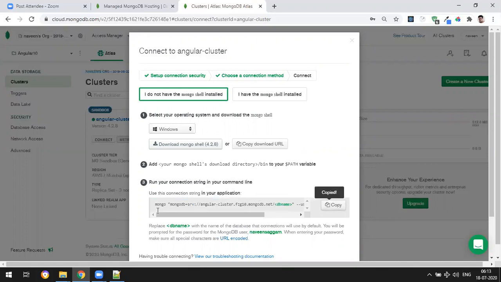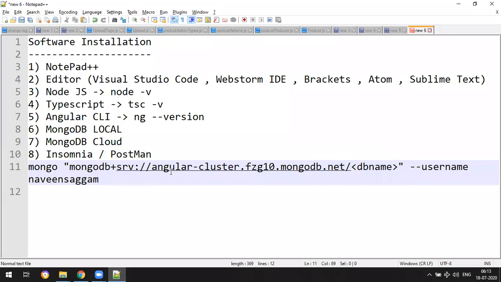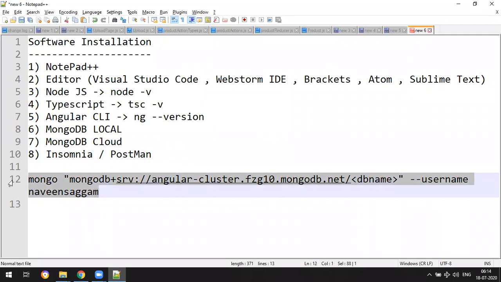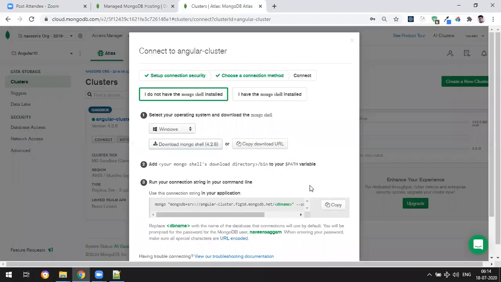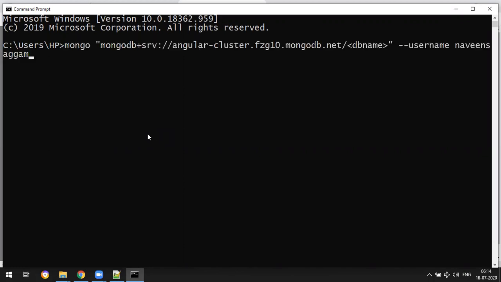Let me copy this. I go to Notepad and paste it. They have not given a password. Copy whatever you have here and open a command line. Previously what we typed was mongo, right? Now you just have to paste this and then enter.